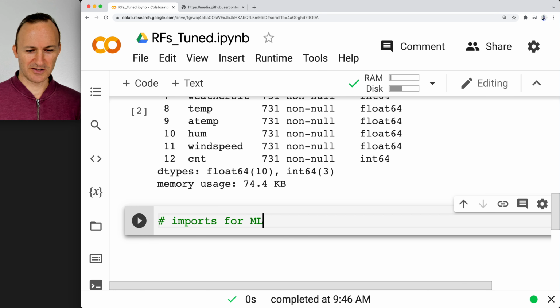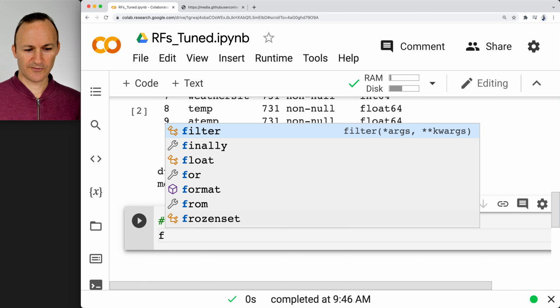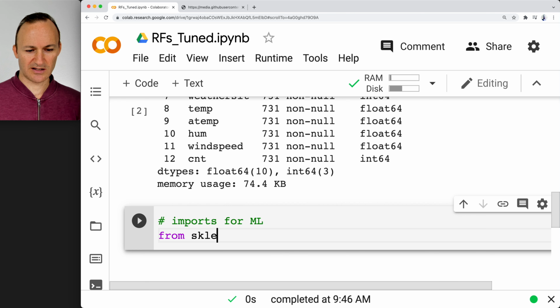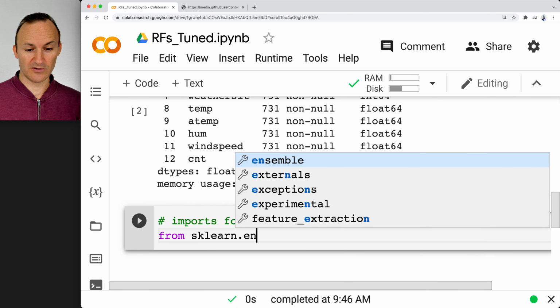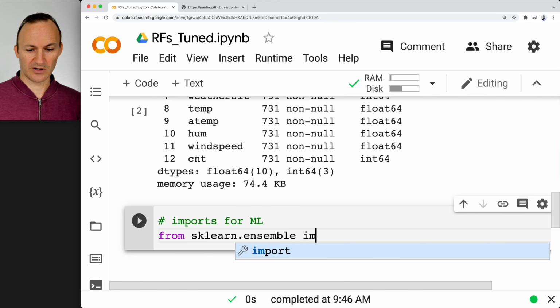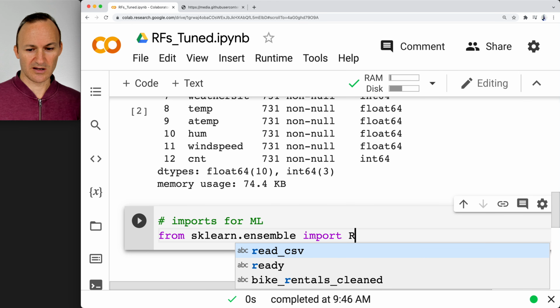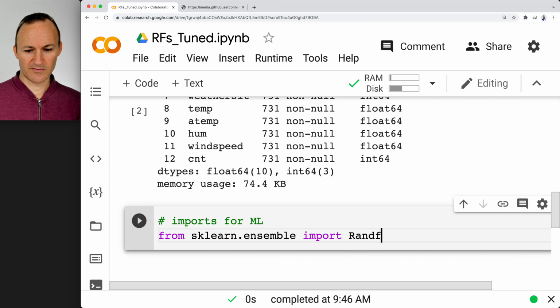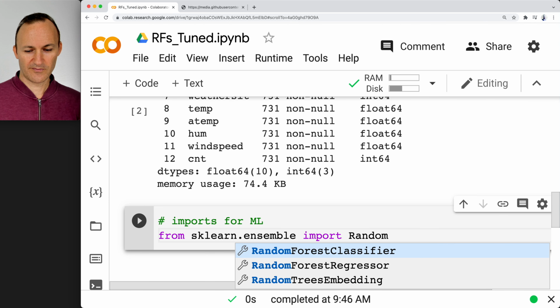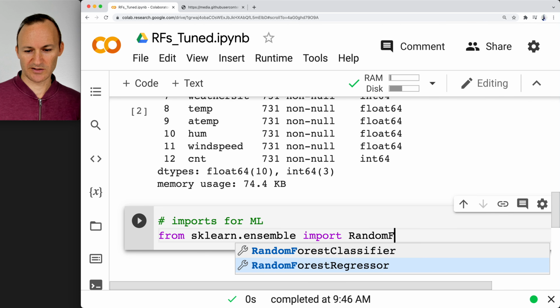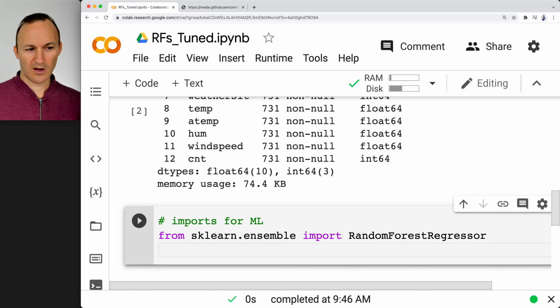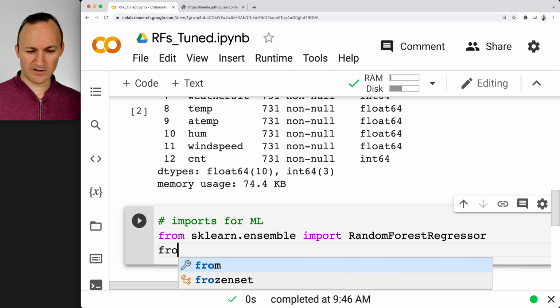Imports for ML, you could say. Okay, so first of all, the random forest. So that's from sklearn.ensemble. And then we're going to import the random, there it is, random forest regressor. We're going to import from